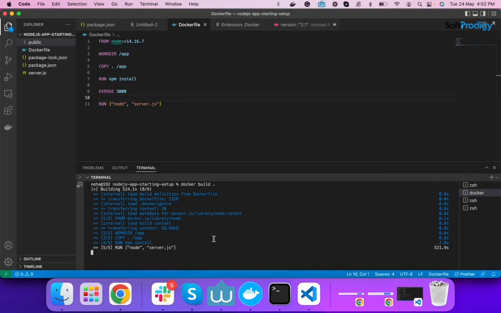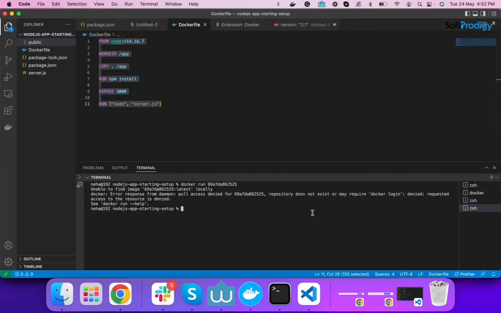Otherwise, we can keep one thing in mind: whenever we have to run a particular Docker project, we have to use the command docker run -p, which is used to mention the port which should be exposed on the localhost, because our container is a standalone environment. It is not connected to our machine. Suppose you have Node version 14 in your machine and you have installed Node version 18 from the image, so it will be separated.